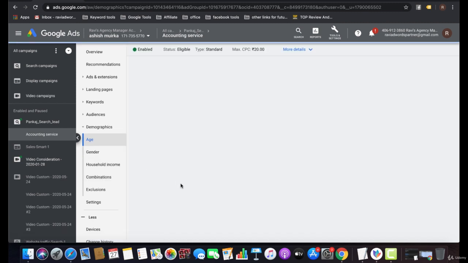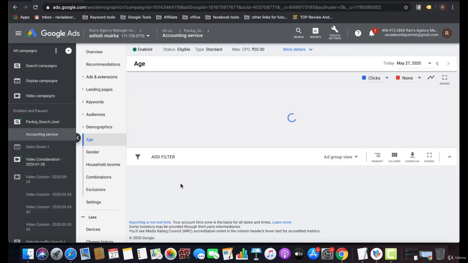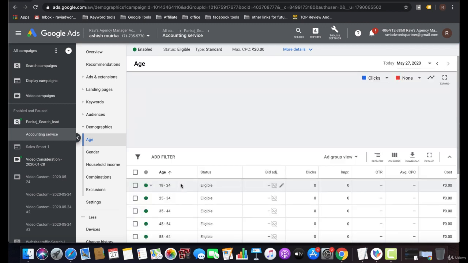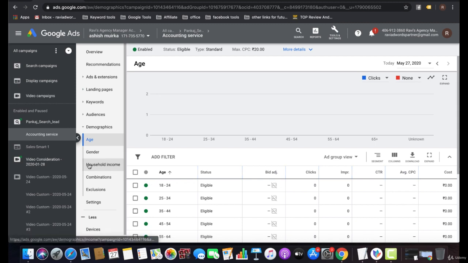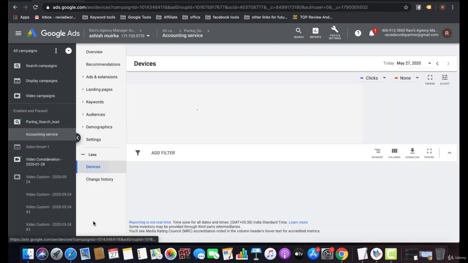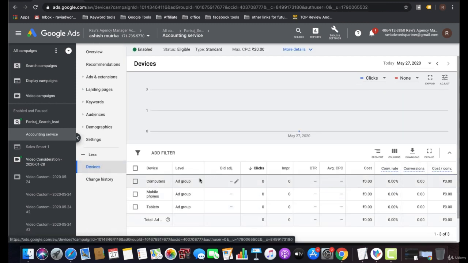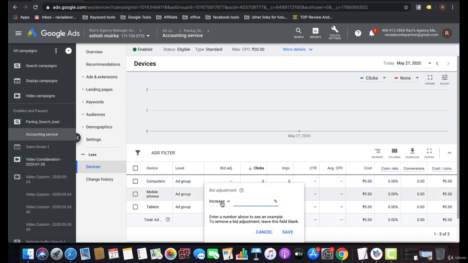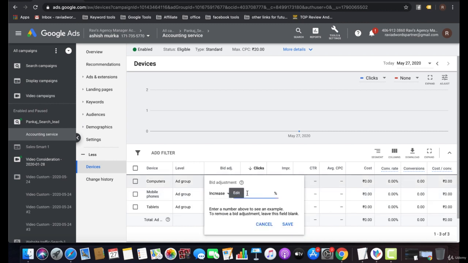You can see the demographic option, like for a particular campaign, which age group is searching, which gender is searching, and which household income is searching. You can add device settings as well. If you don't want to show your ads to mobile users, then you can decrease the bid. And in the computer setting, if you don't want to show your ads to computer users, you can decrease that.